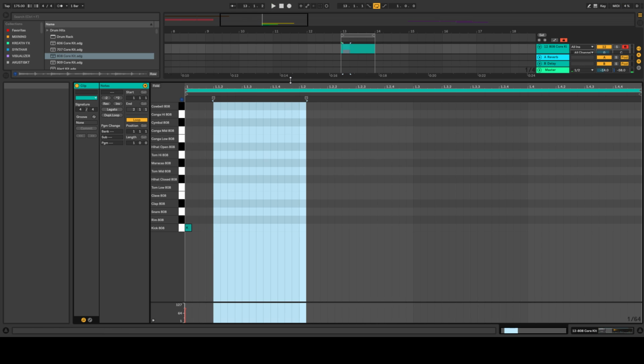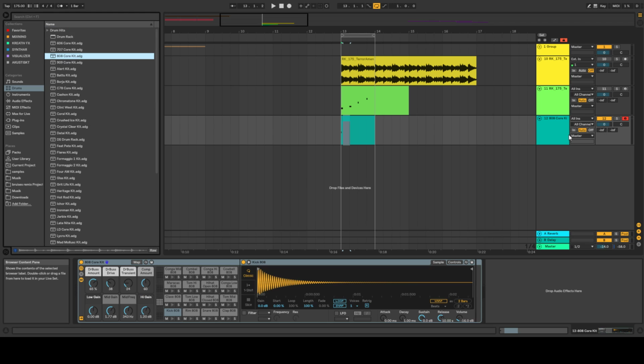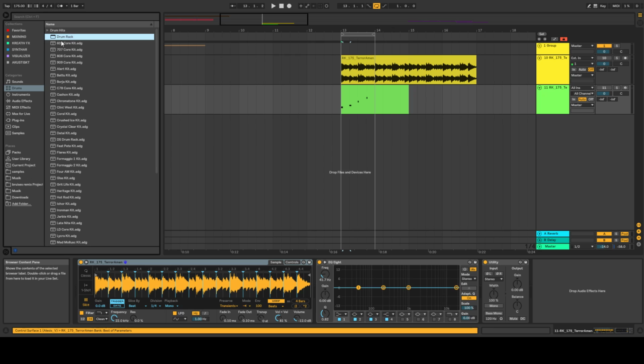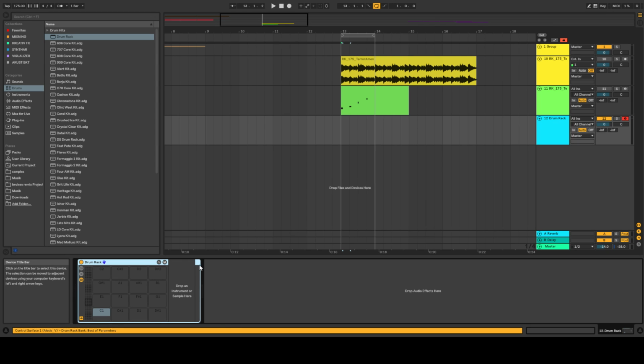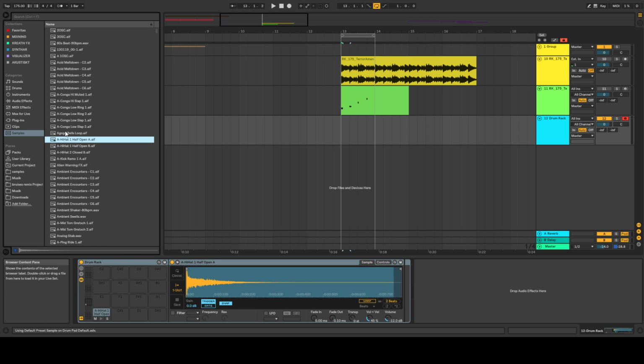But let's say we don't want to use these fixed sample packs. We can delete this and choose the drum rack, which is just named drum rack, and drag this in. And now we'll have an empty drum rack, which we can drag samples in from anywhere. For example, these Ableton preset samples. You can drag this in,